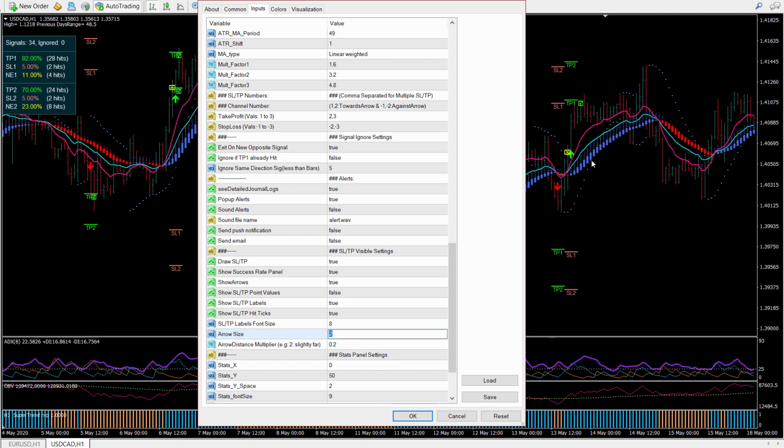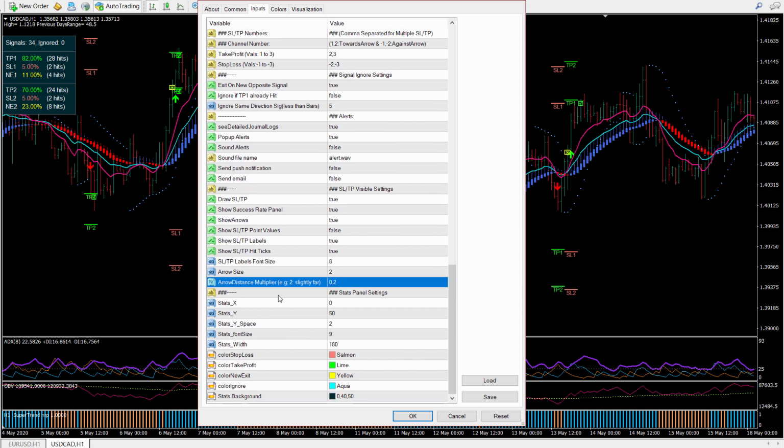If you want smaller arrows, just set this to 1, and you can also set how far the arrows are from price. Right here, if you are using Heiken Ashi like this, in that case you might want the arrow to be below the Heiken. So in that case you can use a value like 2. Let me just leave it at 0.2 for now.